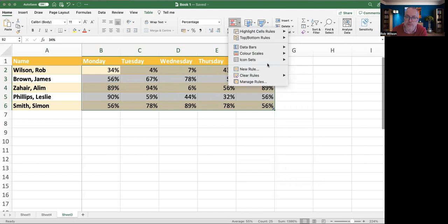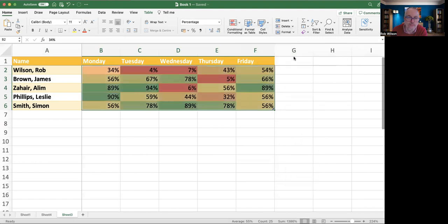Icon sets. You can put traffic lights. I'm going to use this one here, which basically has green as the top value. Just one thing to note: it's looking at the highest values that you've got in here. So if you didn't use percentages, it will scale it accordingly and split it into a smooth range of colors. So if all your results are very low, then you'll get greens for the top ones, even though they're not necessarily